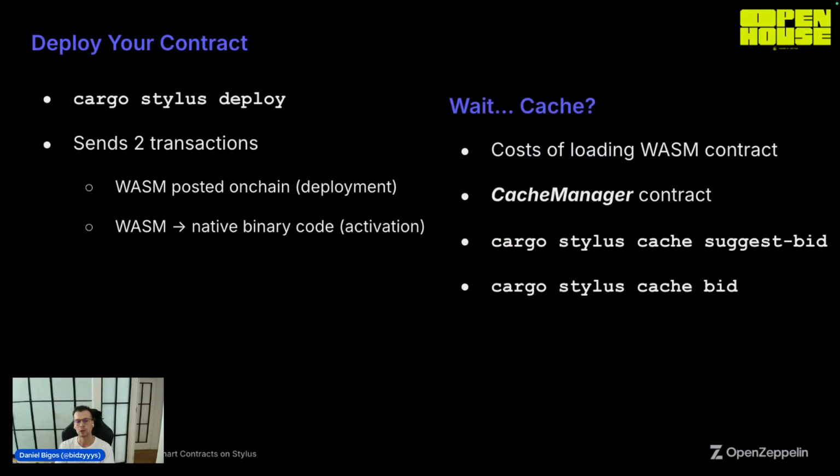Now it would be great to learn how to deploy our very first Stylus smart contract. In order to do that, we are going to use the cargo stylus deploy command. That command sends two transactions. The first one posts the WASM code on-chain, and this is called the deployment transaction. The second one is called the activation transaction. These transactions do some preparation around the already uploaded WASM code to make it available for the WASM